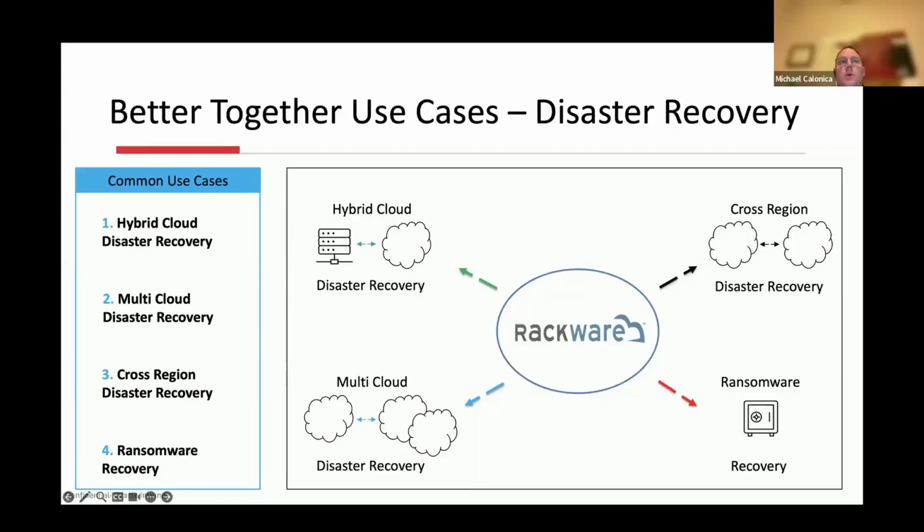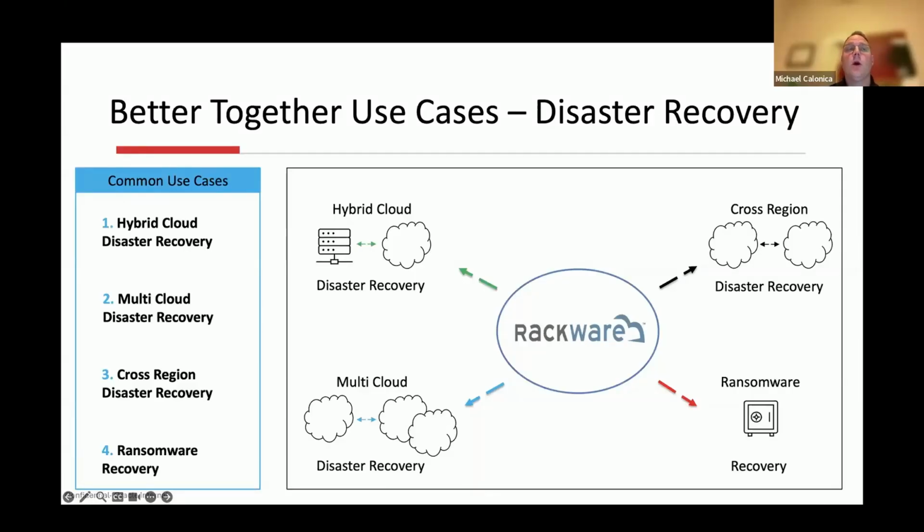I think this is very common, and it's an industry term that has been out there for quite some time. RackWare provides fast point-in-time rollback to a clean pre-attack state. Oracle can add sovereign control and optional immutability, required for regulated environments. Together, we're delivering rapid ransomware recovery with compliant, cloud-native protection across distributed cloud and Oracle Cloud. Again, these are some of the most common use cases we're seeing.